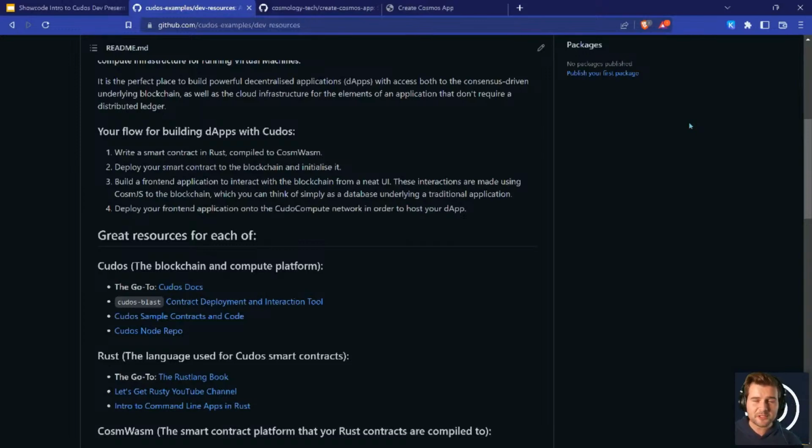You'll also be able to build your front-end app using something like this Cosmology Create Cosmos App tool that we just showed. That will then allow you to interact with that contract that now exists on that blockchain. We will also be showing you how to deploy your front-end app onto the Cudos Compute network in order to host it there.